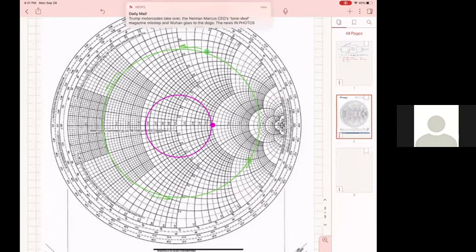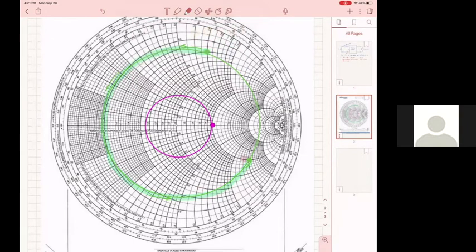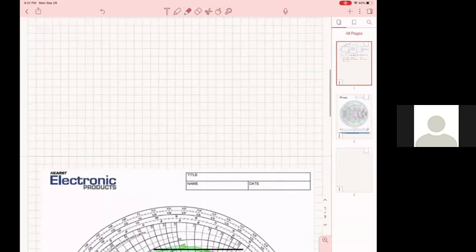All right? And then from there, I go like that. And then from there, I go down like this. When I move along the green, I add a section of a line. When I move along the pink, I add the reactance. So practically what I'm doing here is, this is my load, my source,